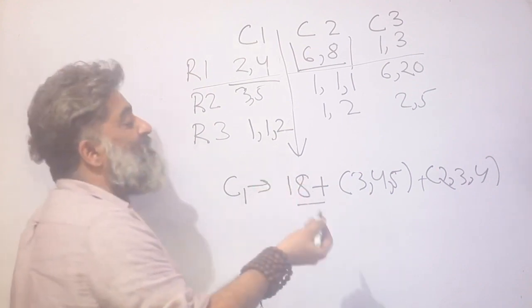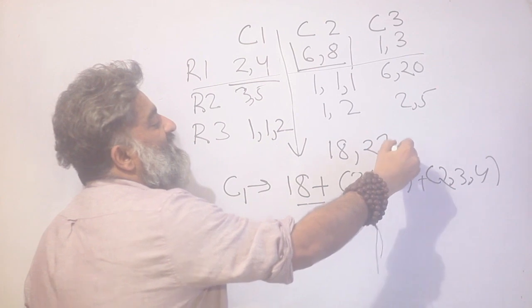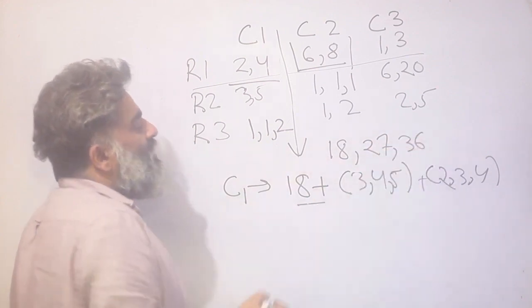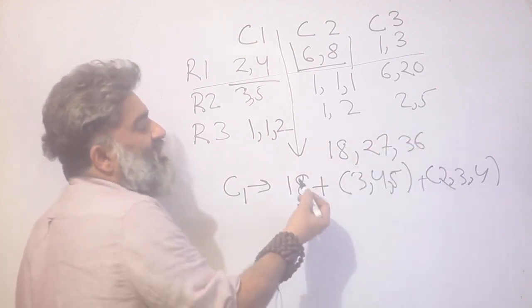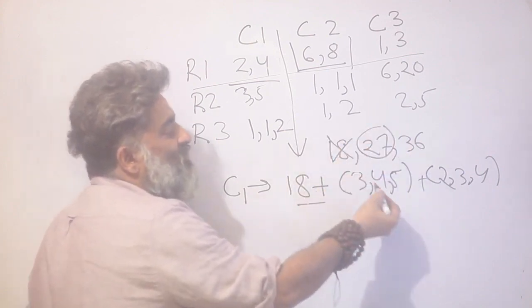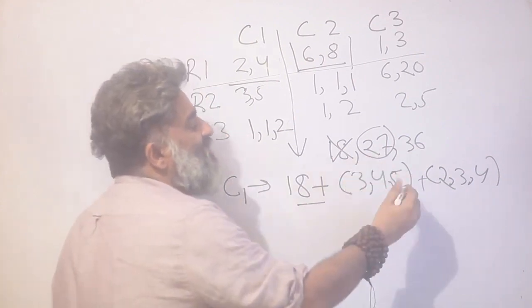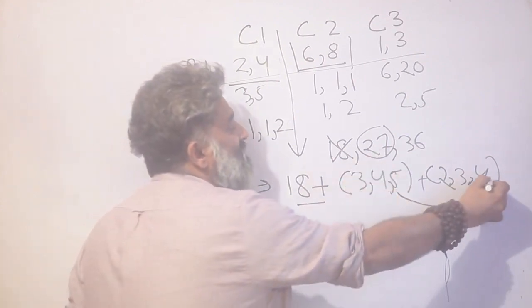Let me think of multiples of 9. So I have 18. The next one is 27. The next one is 36. So I'm starting at 18. The next one that I can go to is 27. I cannot stay at 18, obviously, because there will be some value from here and here. And 27 I can jump to if I go for 5 and 4.